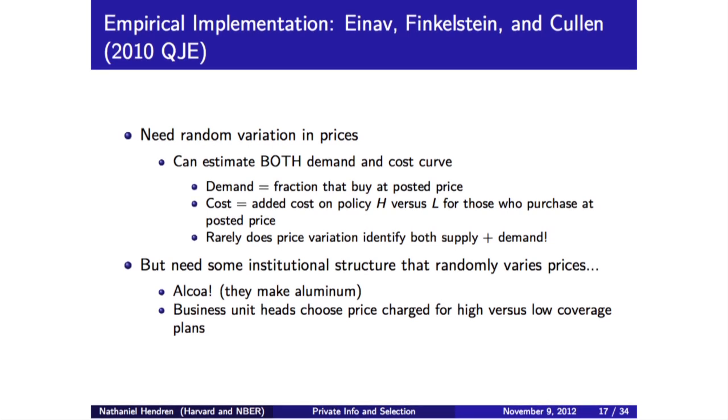Yeah? So the reason that you get both supply and demand with one price change is because of the different people who select into it. It's because we have a funny notion of what supply is in insurance. Right? So supply is the average cost of the set of people who demand it in this world. And because that's what we are going to assume is the supply curve, then we can get that because it's intricately related to the demand curve.